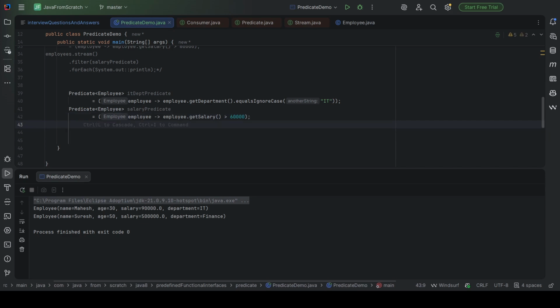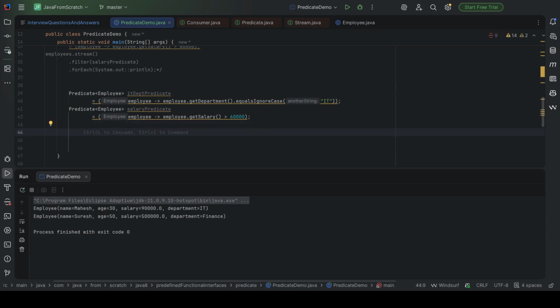Okay. So now we have two predicates. Now we want to combine these two predicates, right? So for combining the predicates, we need to create the third predicate.